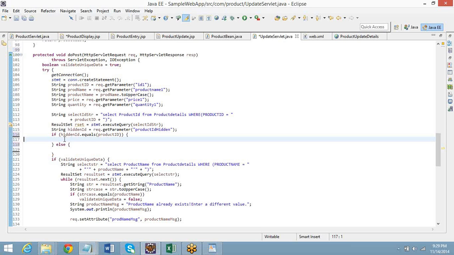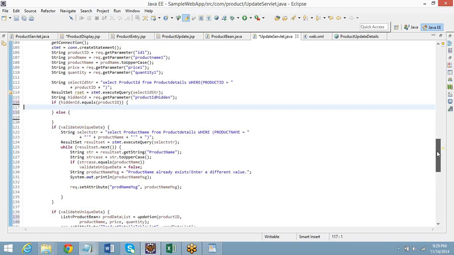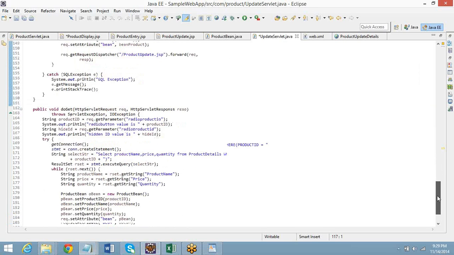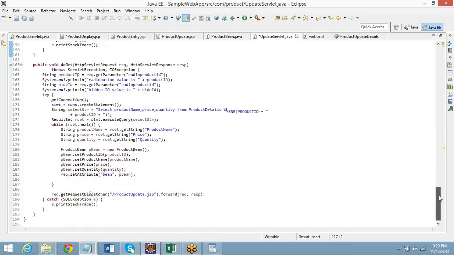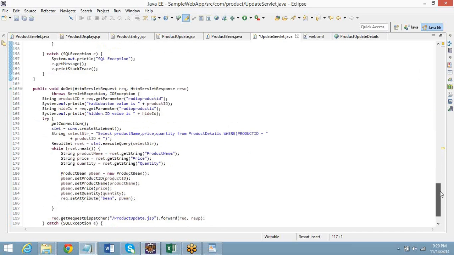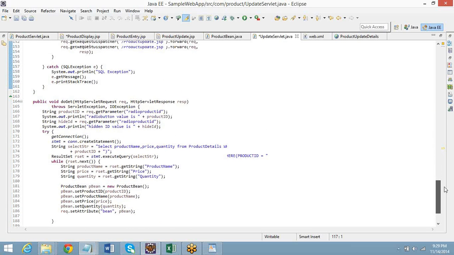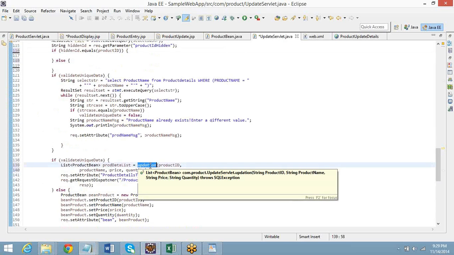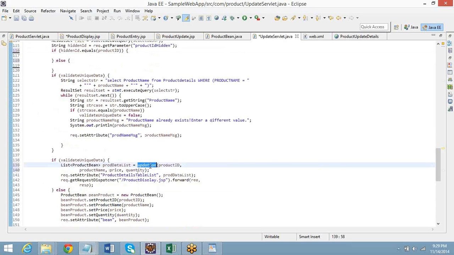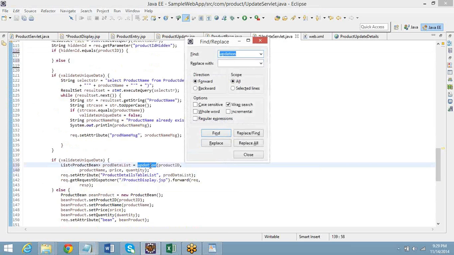Just, where did you call the update method? Show me. Are you declaring the method or calling? Calling, right? Go down. Yeah, let's go down. I have it in get here. I have called it. Hold on, one second. Somewhere I called the method. Sorry, not here. Here. You can Control F, right? You can check it out. Here itself it will be there. One second. Validate unique data.